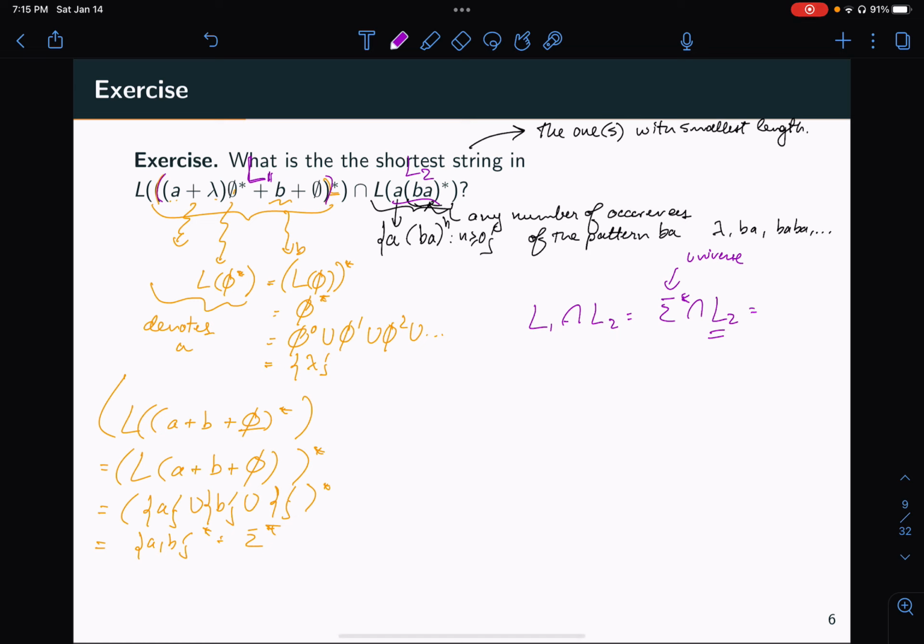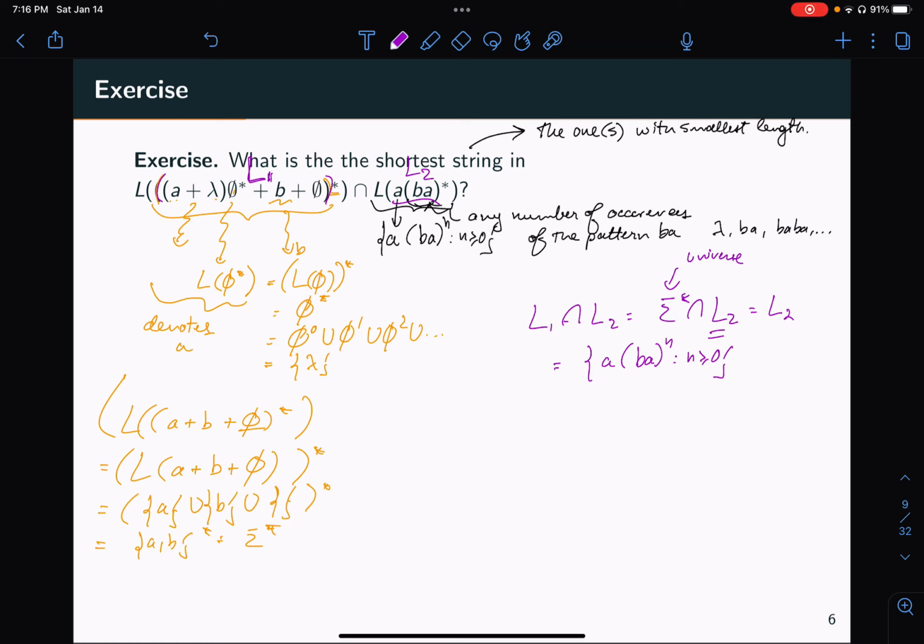So in fact, this is exactly equal to L2, and so that means that this is equal to the language containing strings that start with A, and then are followed with a sequence of BAs,